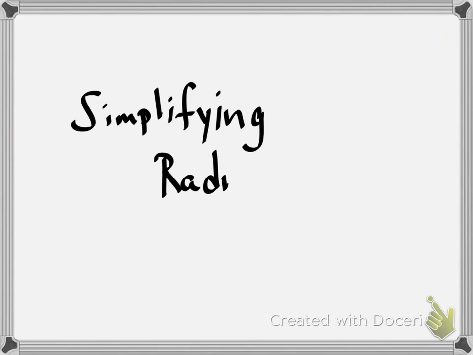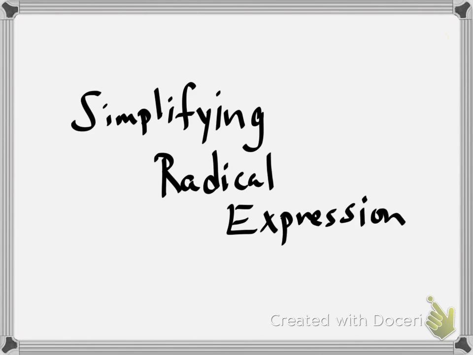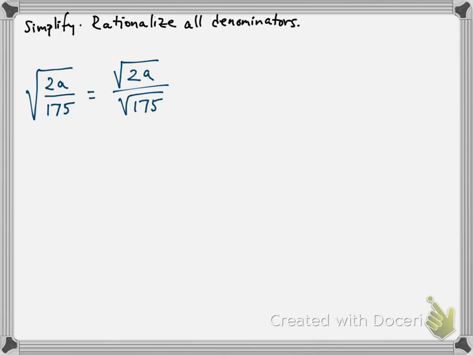Let's work through some examples of simplifying radical expressions. Suppose you're asked to simplify and rationalize all denominators. Consider the square root of 2a divided by 175. Now the first thing I'm going to do is just write that as the square root of 2a over the